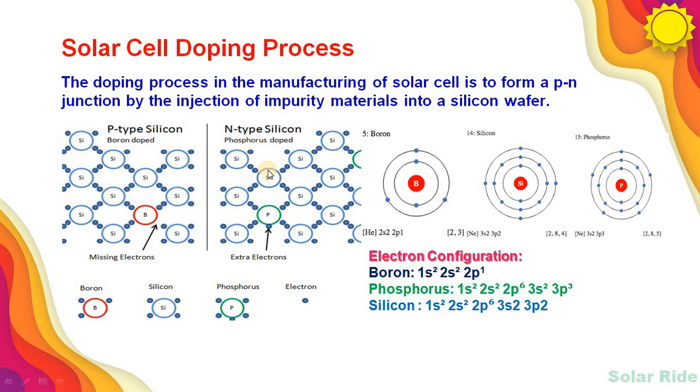That's why the other side is doped with n-type silicon, phosphorus doped. Here we are using phosphorus, that's why we have one extra electron. The p-type silicon wafer and the n-type silicon wafer have a combination of electrons, forming a p-n junction. Why? Because in the p-type, holes are majority carriers, and in the n-type, electrons are majority carriers. These two purely create a p-n junction.